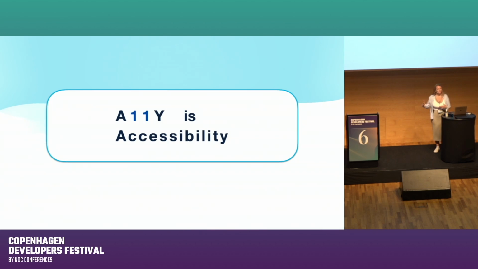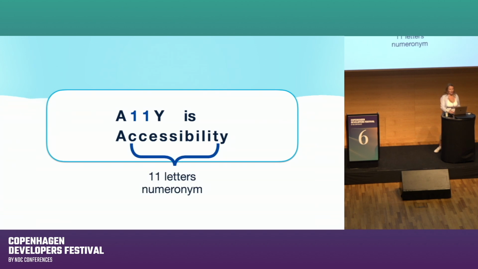A11Y, or as you may have also heard it pronounced, ally, is a numeranym. It's shorthand for a word where the count of abbreviated letters are replaced by that numeral. It's like Kubernetes or I18N for internationalization. Although it can be much easier to type and spell, using A11Y in place of the word accessibility is not actually accessible. It fails the WCAG 3.1.1 success criteria for unusual words because certain disabilities can make it difficult to